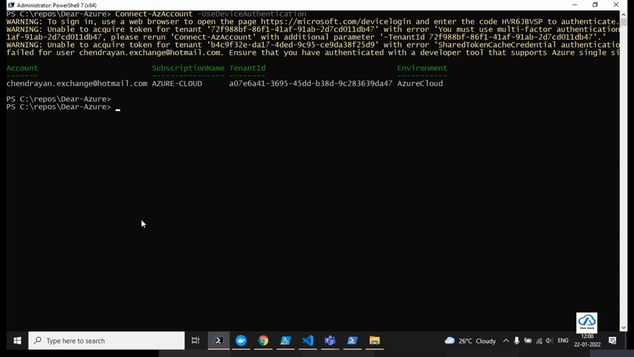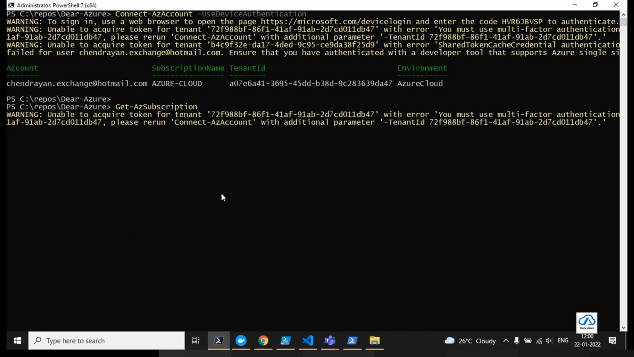OK, now I want to find all the resource groups available in my subscription. First I will see how many subscriptions I've got. Get-AzSubscription. This cmdlet is allowed to pull out all the subscriptions available. All I did is type Get-Az and then tab, so it gave me the Az subscription. Or else you know how to search for the commands. So whenever I do this,